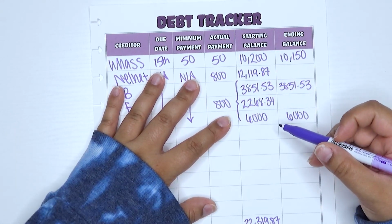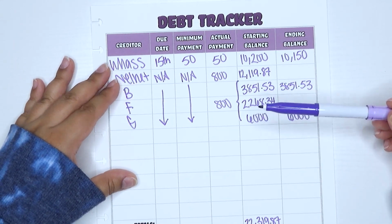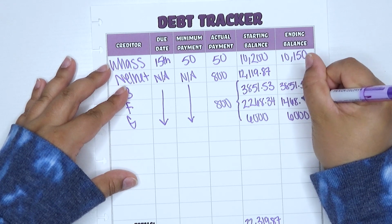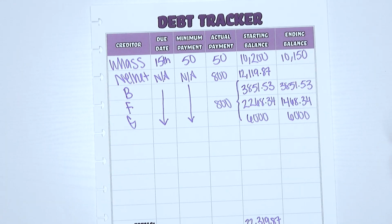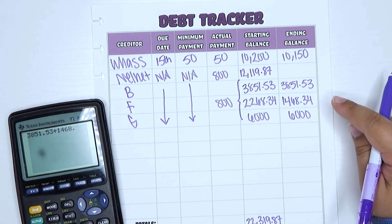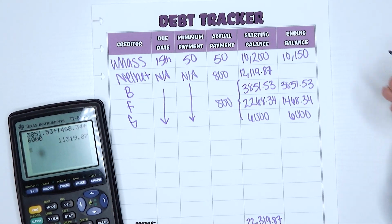Since there's no interest on these loans right now, makes the math really simple. So 22 minus 8 is 14. So we have $1,468.34 remaining. So I'm gonna need my calculator so we can total these up. So I have $3,851.53 plus $1,468.34 plus $6,000 puts me at